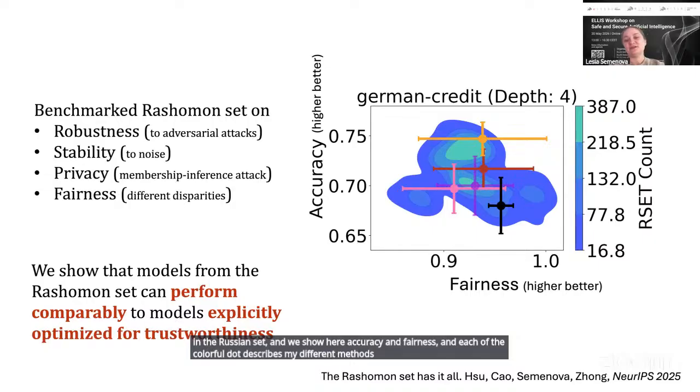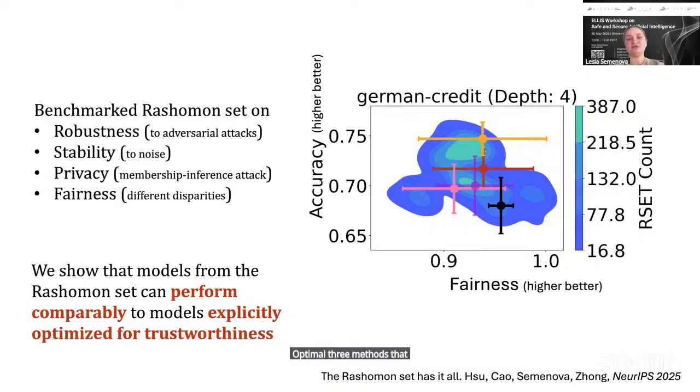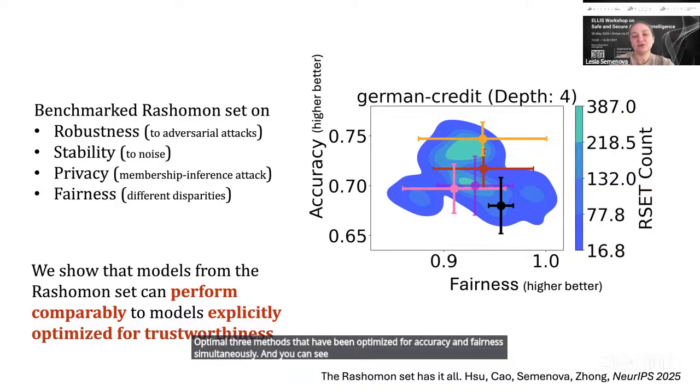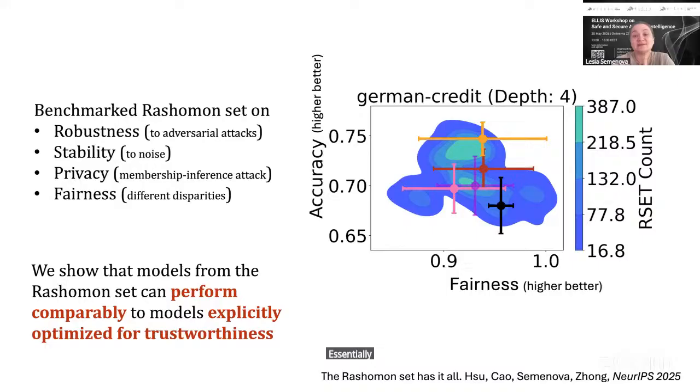These methods are optimal tree methods that have been optimized for accuracy and fairness simultaneously. And you can see that for each method's performance, we can find a similar model. It may not be the same, right? But we can find a model with similar performance in this Rashomon set,